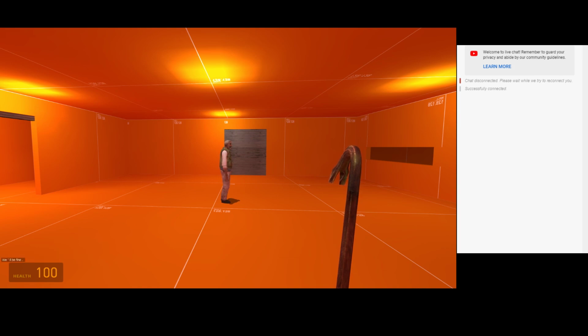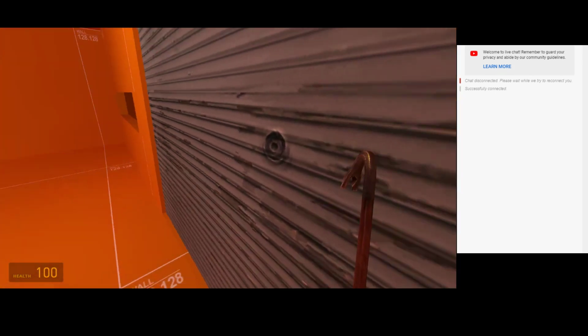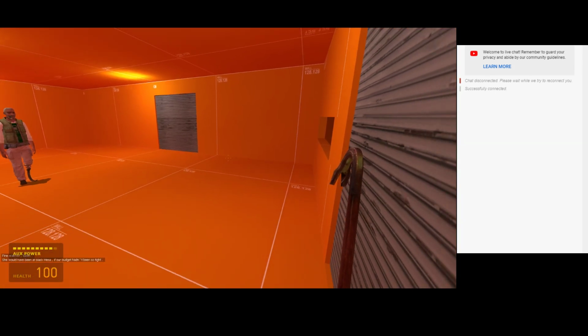I'm not gonna bother saying anything. I don't have anything to say about this part. Dr. Freeman? It's just orange. That's all it is. It's orange. Oh, you can also pick up the gravity gun and then proceed to not use it whatsoever because the levels